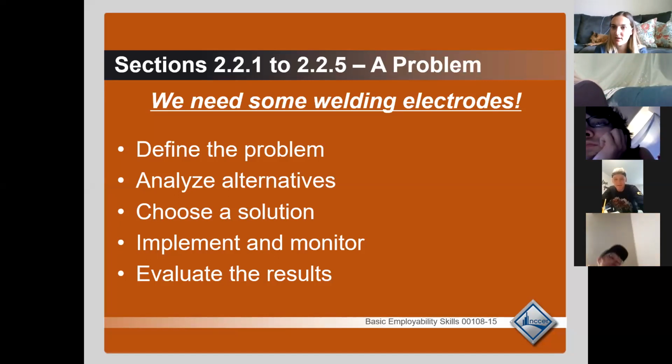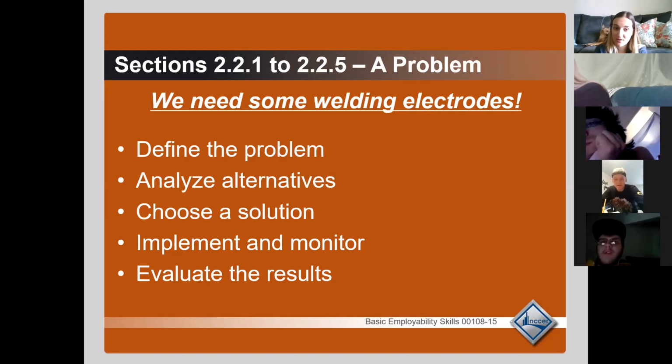But all in all, you're going to think through all your options and you're going to choose a solution. So sure, maybe you chose that biscuit joining solution. You're going to implement it and monitor. So you're going to actually put it in action. You're going to biscuit join that piece back to that piece of wood, and you're going to monitor, which means you're going to see if it works. Is my piece of wood strong enough to hold up this table after I just biscuit joined it, or is it falling apart? Do I need to go back and change my solution and try something new?